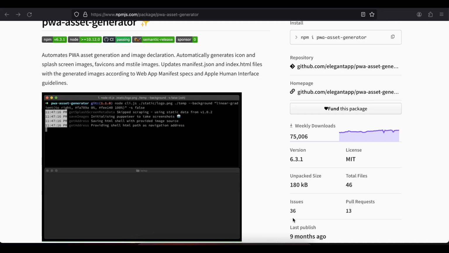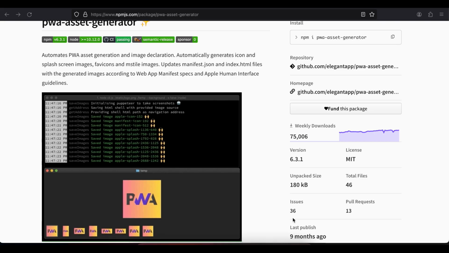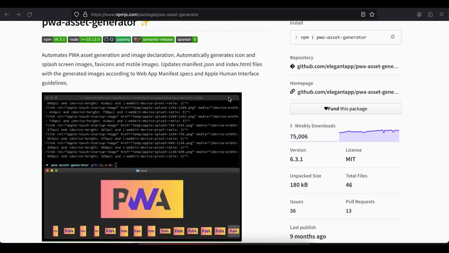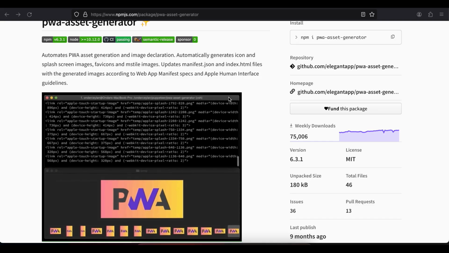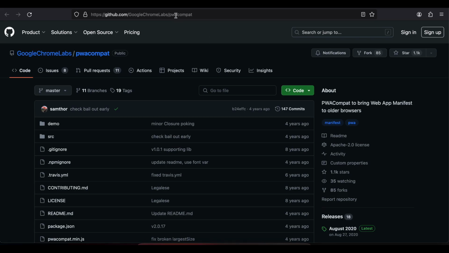To generate splash screen for your progressive web app, there are different ways for generating splash screen. One is using this library called PWA asset generator, which helps us to generate images for Apple devices. But a better way would be to use this PWA compat library, which is from Google itself, and it on the fly using JavaScript generates app icon for our splash screen, which is for iOS as well. So the iOS splash screen would look very similar to Android. That is the only, I don't know, maybe you will call it a disadvantage, but I think that's fine for